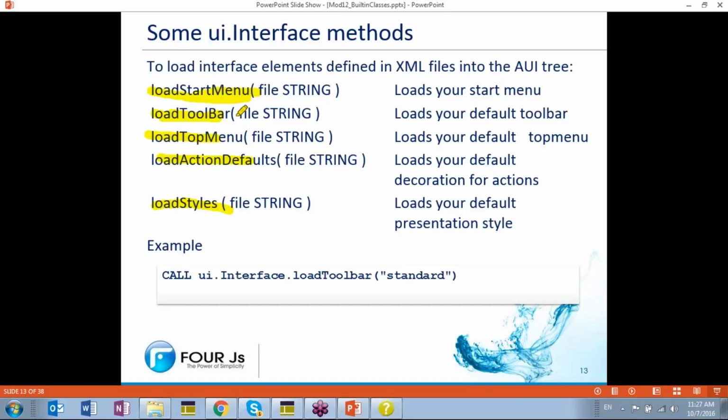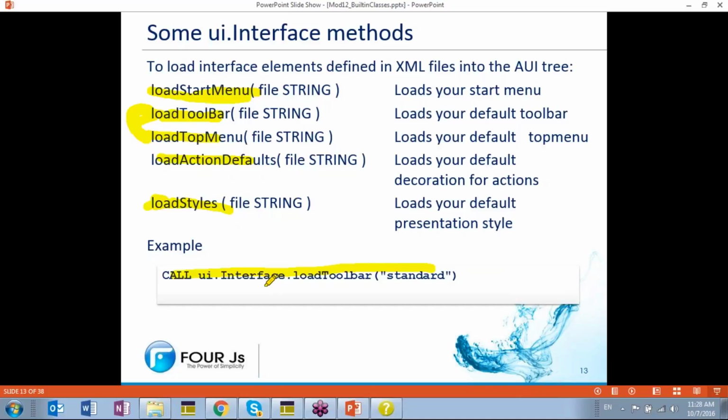That means that any form that's opened will have access to these toolbars, top menus, and loading styles just means that anything in the user interface has access to these styles loaded at the interface level. So you can assign any of these styles to an object in the user interface, and they're available to everything if you load them with this method. So here's an example down here,